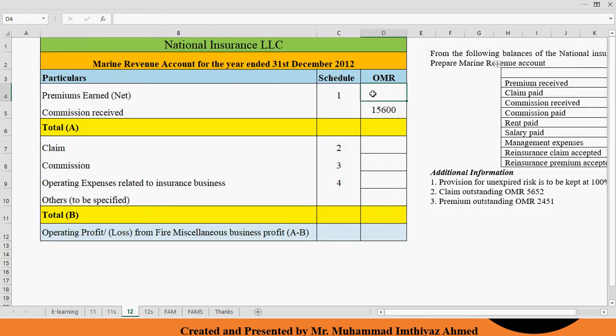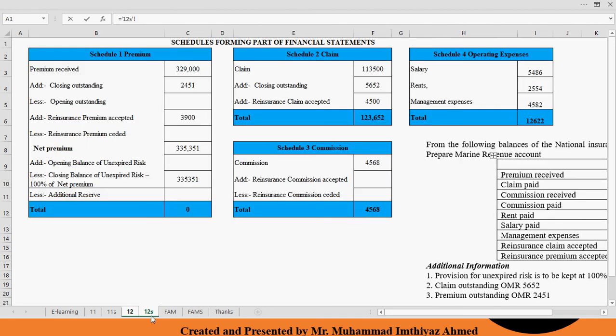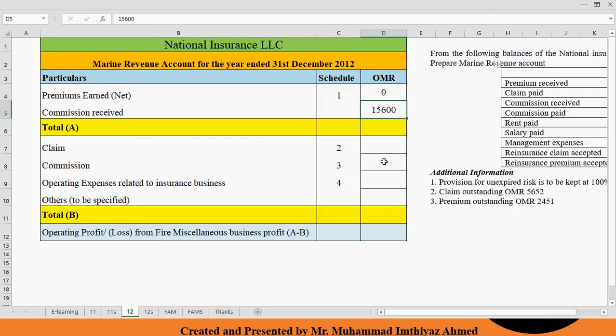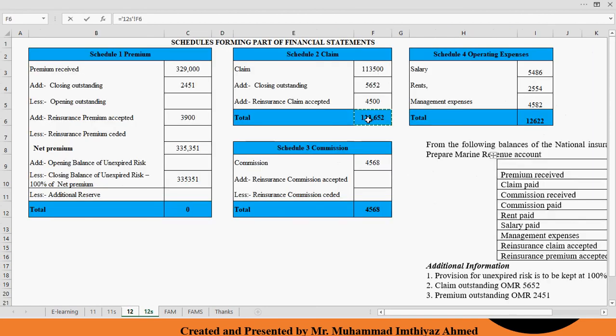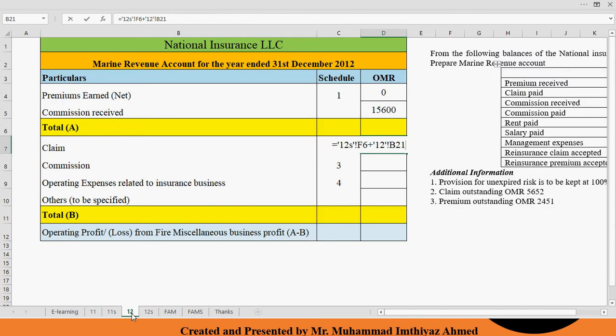So premium earned. This total we know very well is 0 because unexpired risk we maintain 100%. Claim total is 123,652. Let me make it once again. So your claim total is 123,652 and commission paid total is 4,568 and operating expenses total is 12,622. So now we need to make the total of A